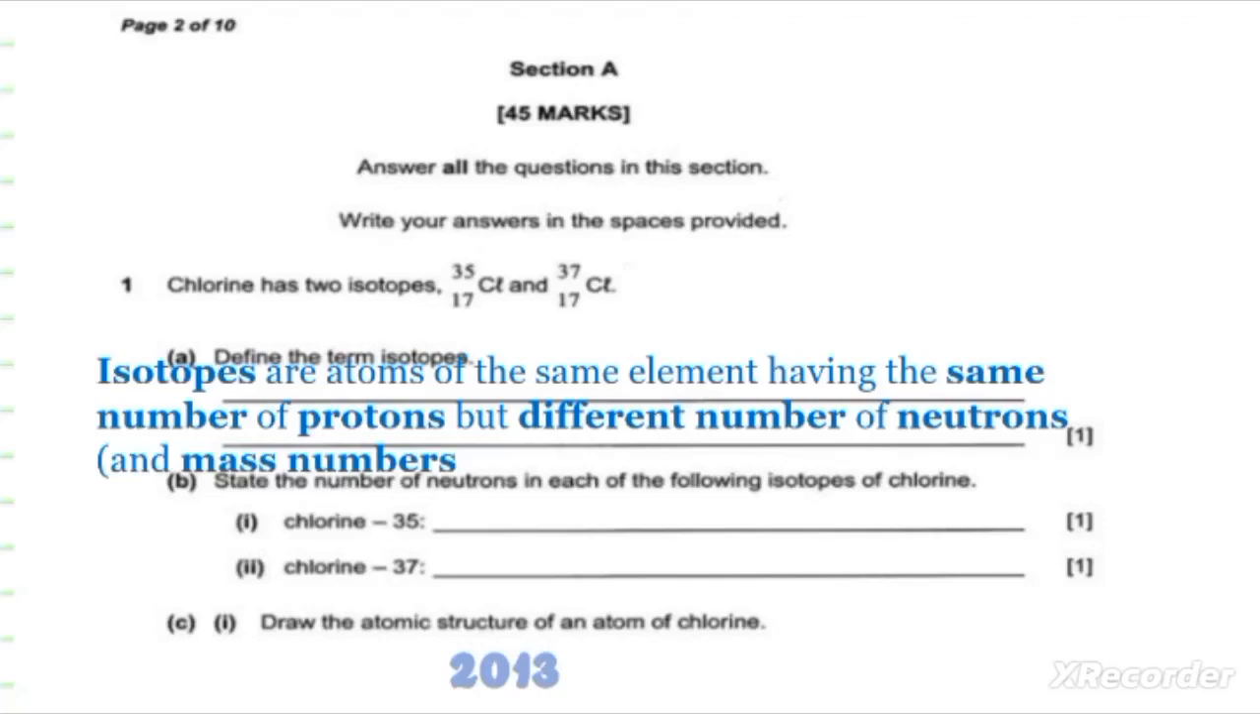Let us move to the next question, which is question B. Question B, state the number of neutrons in each of the following isotopes: chlorine 35 and chlorine 37. So we are going to start with chlorine 35. So to determine the number